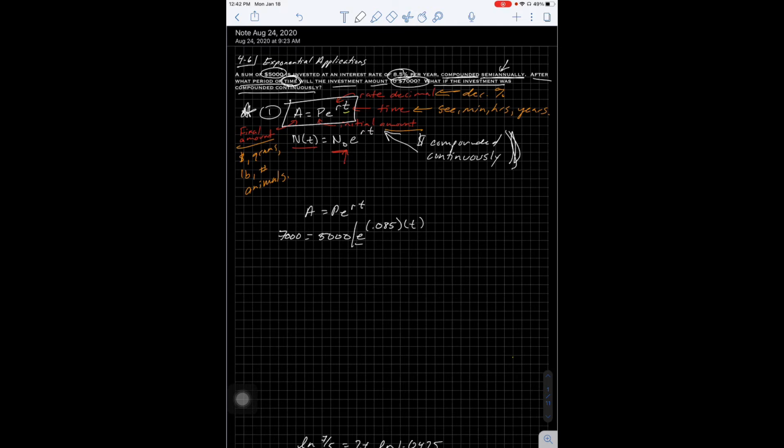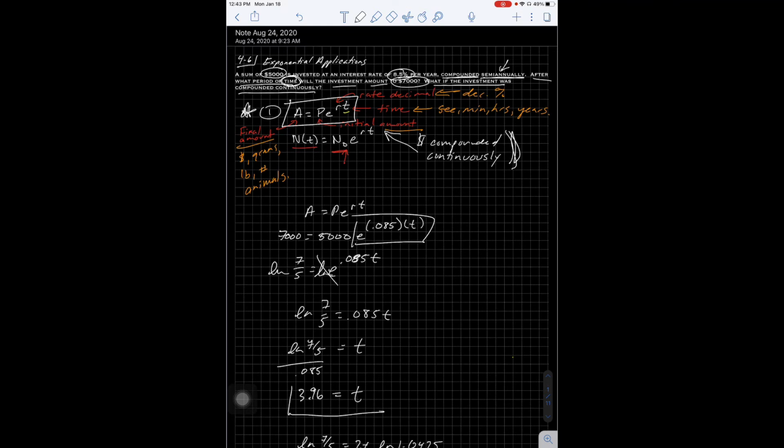So again, I'm going to isolate my exponential first, divide by 5,000. And the math on these is going to end up looking really familiar after you've done a couple. The math's always the same. Natural log both sides. Now this e and natural log cancel. And so time is going to be the natural log of 7/5 divided by 0.085. So my time is going to be natural log of 7 divided by 5, divided by 0.085. And that ends up being